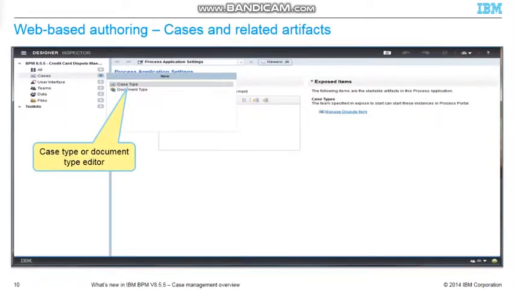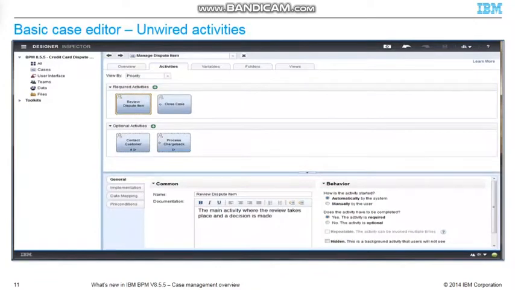The Process Center library now contains case-specific artifacts such as case type and document type. You can now select either a case type or document type from the web-based authoring tools. Once you create a case type, you can define activities for your case and whether they are required or optional